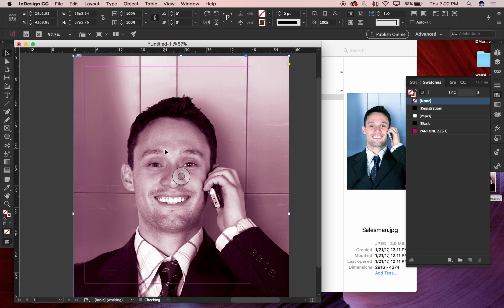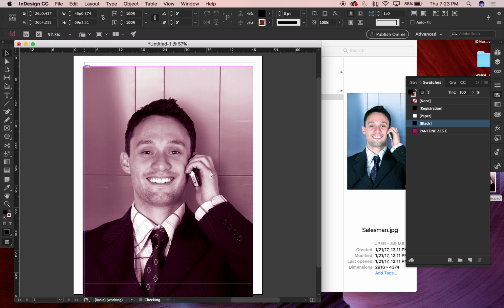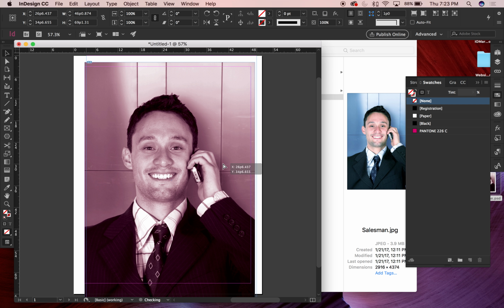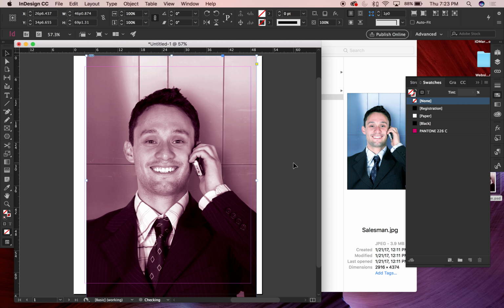So if you remember, that Photoshop file looked like it was black and white, but in actuality, Photoshop was just telling us, hey, all of these black pixels in this Pantone channel are here, and they are that pink Pantone color. So now when I drag this in, you can see that it's showing up here as a color swatch. So if I was to print this image here, it would be a one color job, which they would call in this Pantone 226C color. So I've had to do that in the past